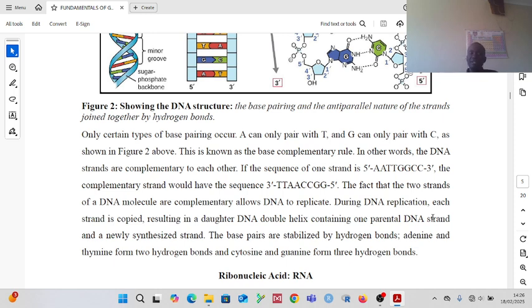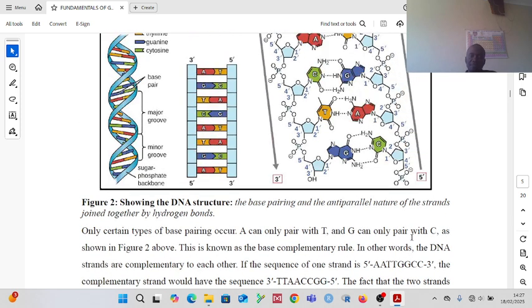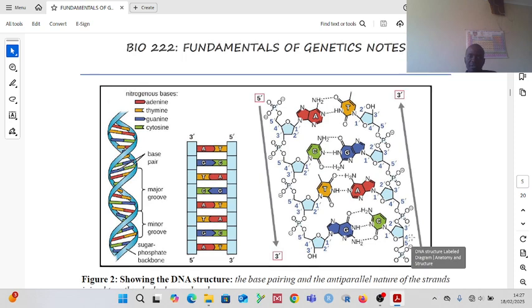So we'll see how that happens when we come to the section where we'll be looking at replication. Of importance, if you look at figure 2, the second diagram,